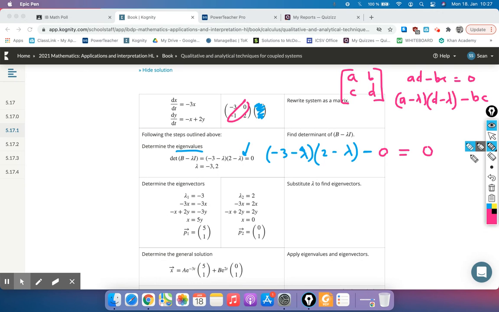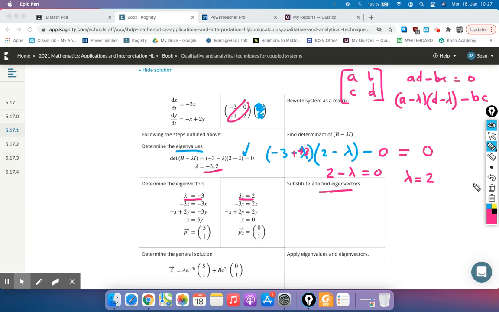So when we keep going to figure out lambda, it's easy. You just plug in, 2 minus lambda equals 0. If 2 minus lambda equals 0, then lambda has to be 2. And it doesn't matter which one is which. Right here they say lambda 1 is negative 3, lambda 2 is 2, but you can switch them, it doesn't matter. Then the other one's going to be negative 3, because negative 3 minus negative 3, that's going to turn into a plus, that's also 0. So then the next step